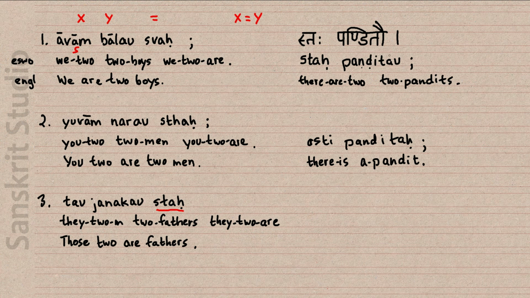So it's interesting here with the existential idea that if we take the equation here once more with x equals y, we can say that whether this is asti or whether this is staḥ or whether it is the plural form, the idea is the same,